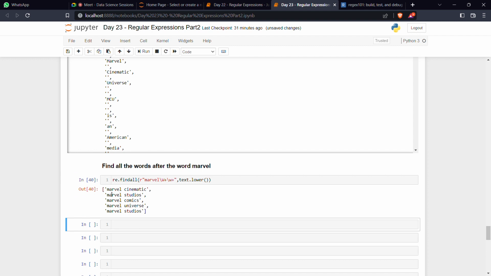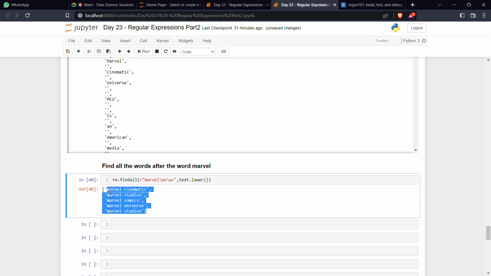So you can see Cinematic, Studios, Comics, Universe. These are all the words that I can get, whatever the next word after Marvel is. One more thing: I'm only interested in this part. In the output I don't want Marvel and the space, I'm interested in only these words. So in that case, what you can do is